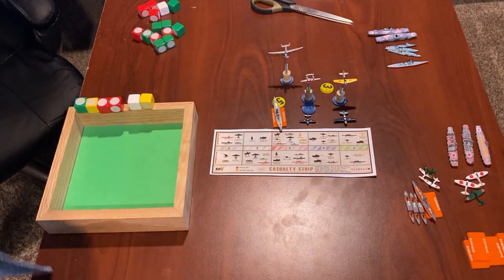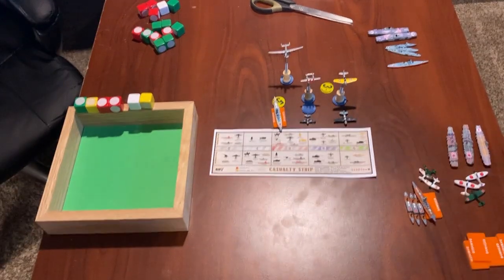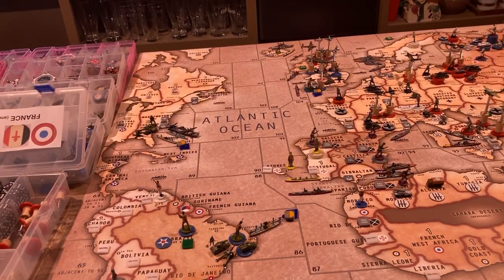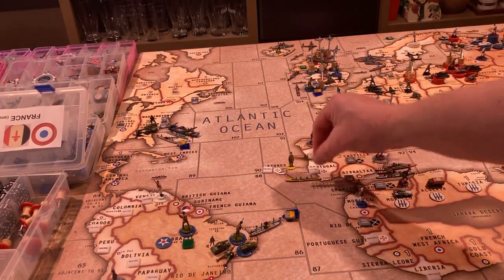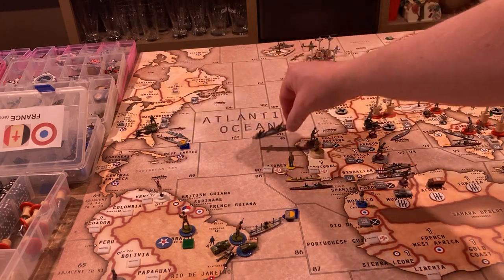So again, let me go back to the board and put all this stuff back, and then I'll be back in just a sec with American non-combat and placement of units. Okay, here's the non-combat moves for the Americans. The American Navy is going to consolidate in C-Zone 91 on the Atlantic part of the board, and they'll come